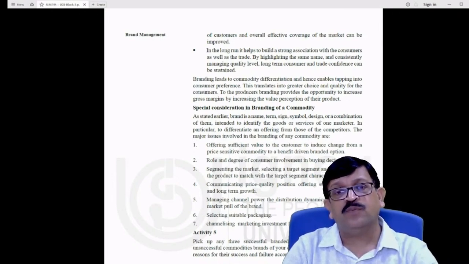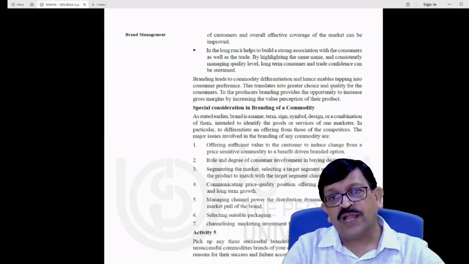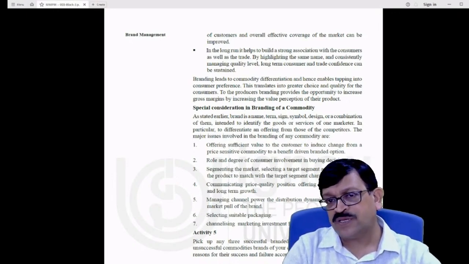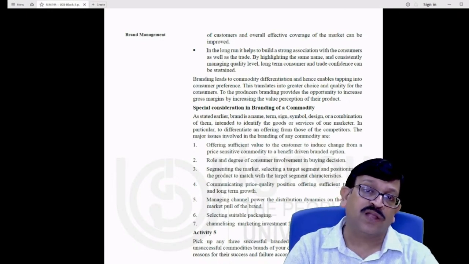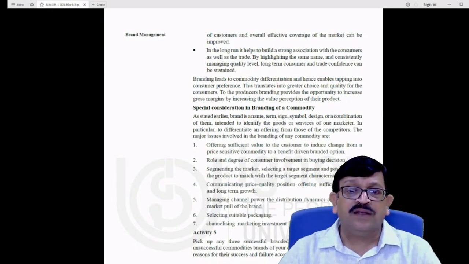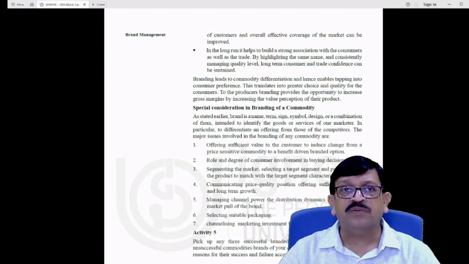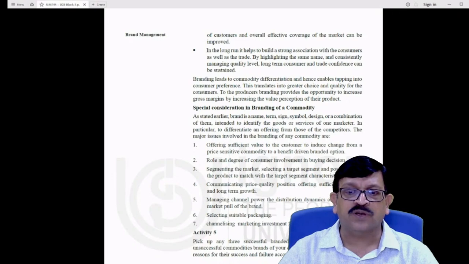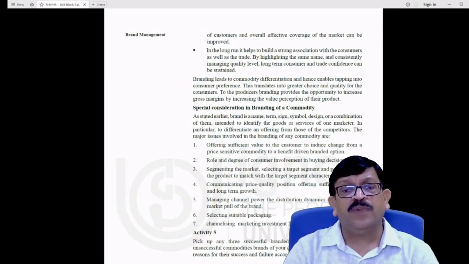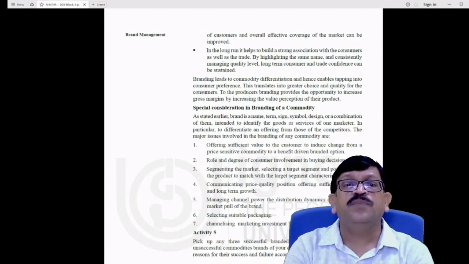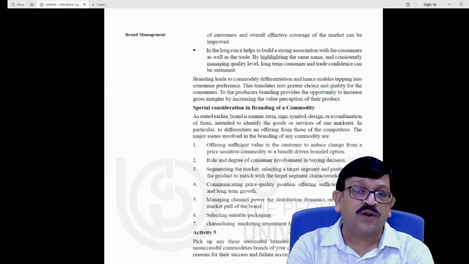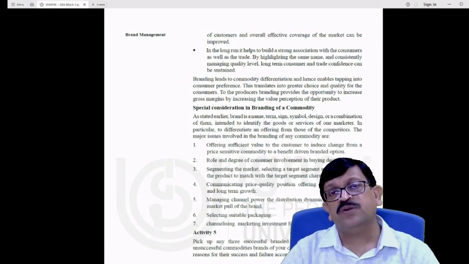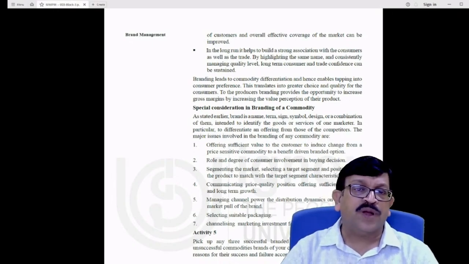These branded products can move into online as well as offline formats. Offline formats have been there, but they have also moved into online formats, and they are opening up the market with significant returns to the customers and to the marketers. So from a marketing investment point of view, this is a big consideration for branding a commodity. So not only consumer products, but also commodity products branding is of significant importance.